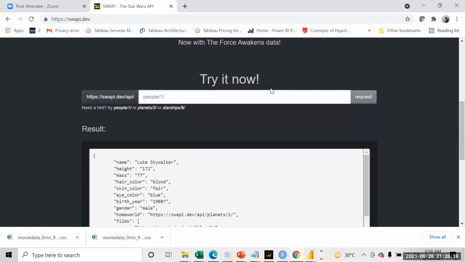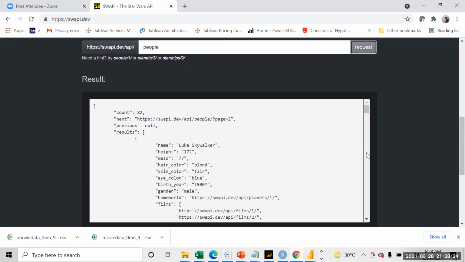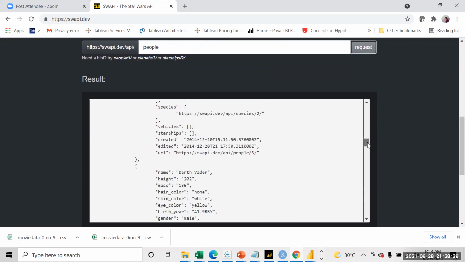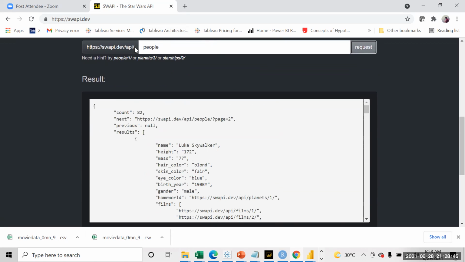So see, I want to pull the data of some people of Star Wars. This is the API information, right? Suppose I just write people and request. So data will be fetched. You see some data is being fetched from these APIs. Now this is the data in the form of JSON files, right? When you pull the data from websites and APIs, the data comes in this form. Suppose you want to pull this information into your Power BI. You have information regarding the various people in Star Wars: the name of the character, height of that character, weight of the character, likewise.